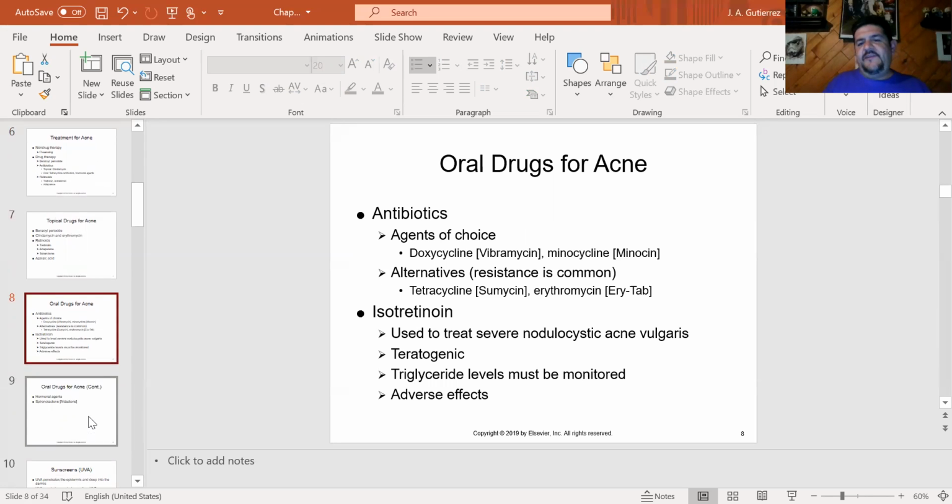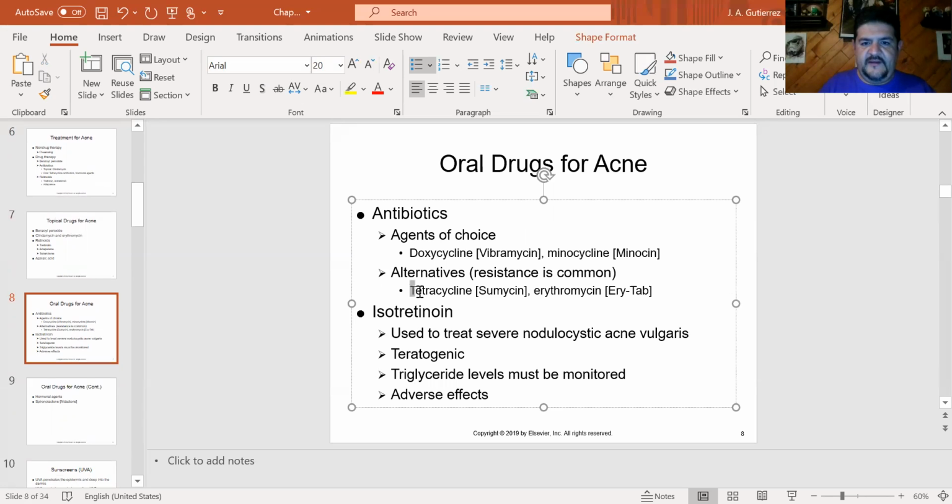So regarding antibiotics, the main one that is used is the tetracyclines. As you can see, they have the cycline ending: tetracycline, doxycycline, minocycline. This is the most common antibiotic use for acne. We mentioned in a previous chapter, now as